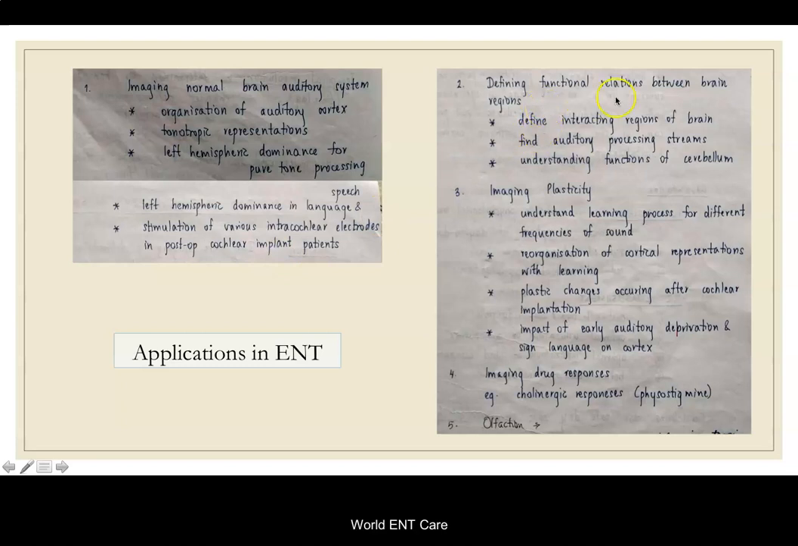While defining functional relations between brain regions, it has defined interacting regions of the brain, it has shown us auditory processing streams, and it has helped us understand the functions of the cerebellum. In imaging plasticity, it has helped us understand the learning process for different frequencies of sound, reorganization